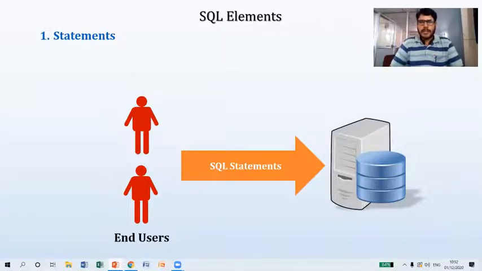These end users are going to form a sentence, certain instructions, certain queries or commands. All these are called SQL statements. Because of these statements, RDBMS will understand what the end user is trying to say.